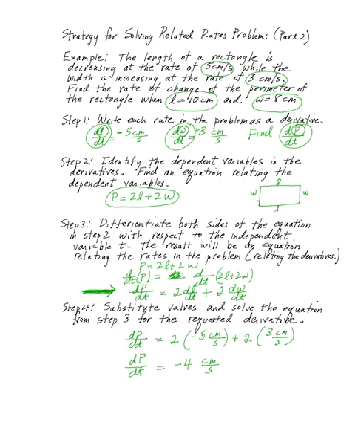The derivative of perimeter with respect to time is twice the derivative of the length with respect to time plus twice the derivative of the width with respect to time. The deal is the perimeter is changing at a constant rate. It's not dependent on the particular time. Now, in both these problems in part 1 and part 2, the length of the rectangle was decreasing at a constant rate, 5 centimeters per second. The width was increasing at a constant rate, 3 centimeters per second. But in the first problem,